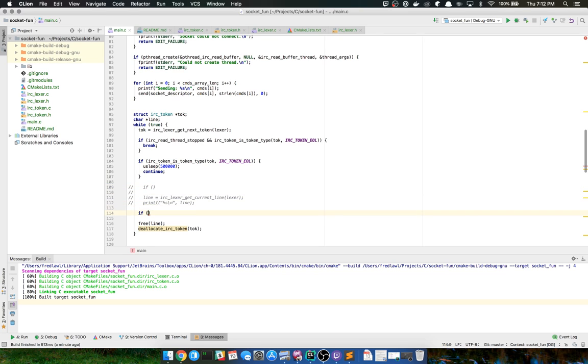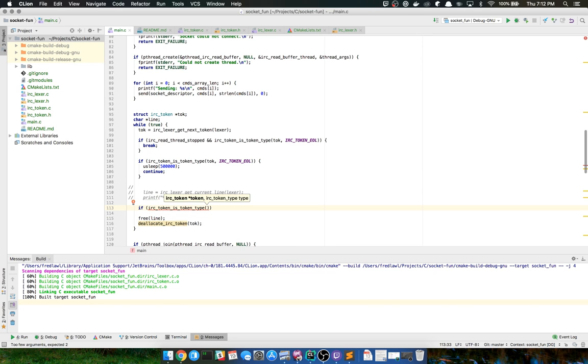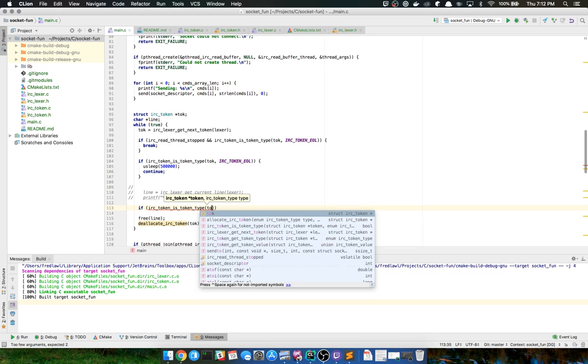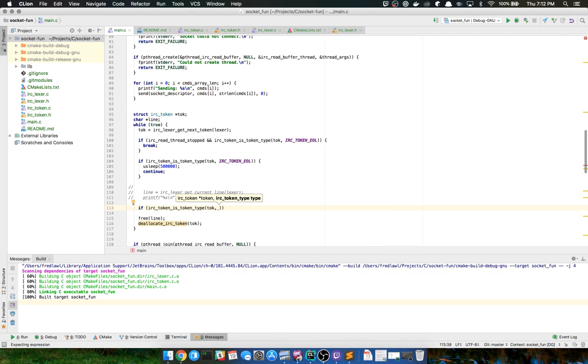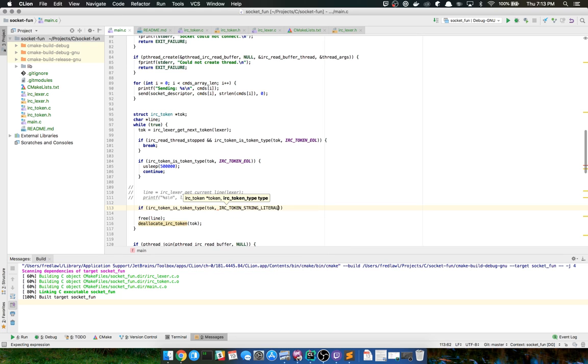Okay, so if the IRC token is token type toke, then I'm going to check for token string literal, and I'm going to print that out and probably free it.